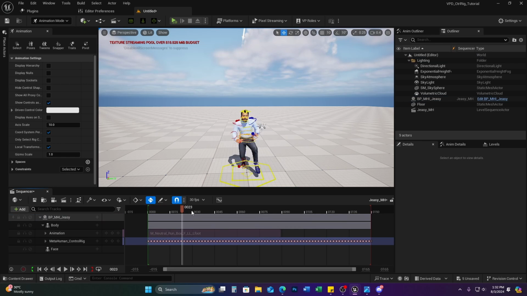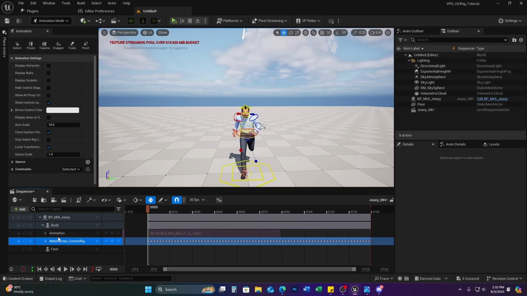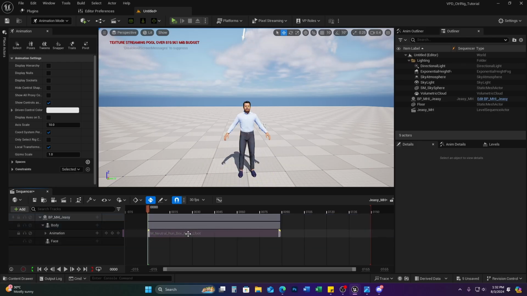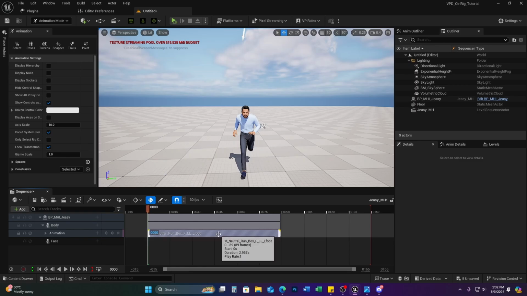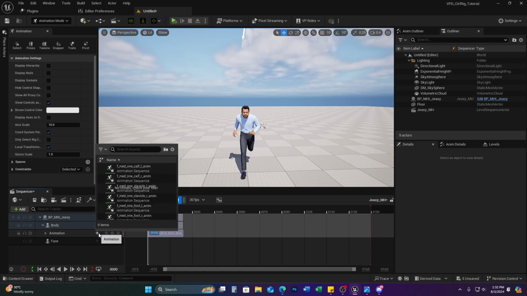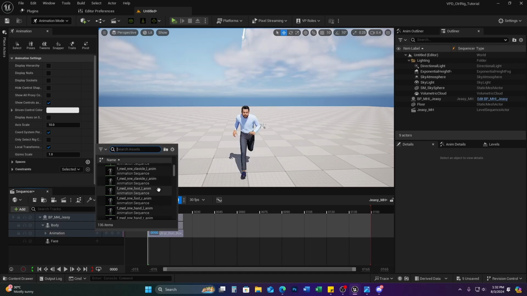And there's my animation baked to control rig, and I can do whatever I want with it now. Okay? That is how it works. I can reactivate this. I can trim it. I can add another animation. Let's say,